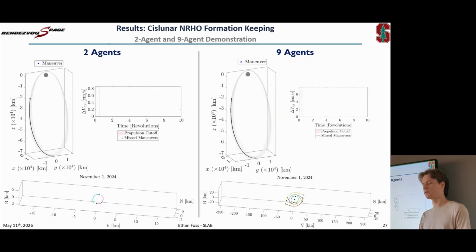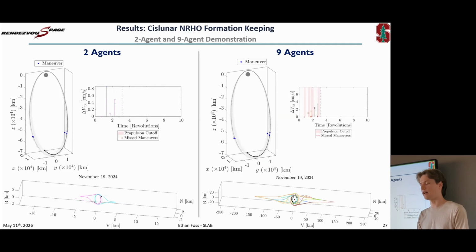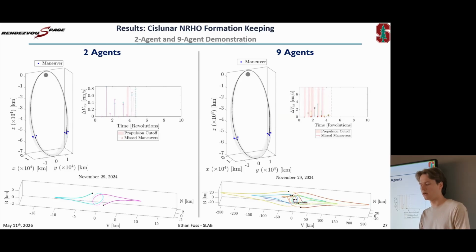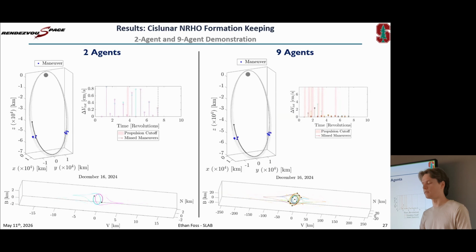To visualize these results, I have these animations that show the absolute motion that the formations undergo and the corresponding relative motions that the spacecraft form with respect to each other. What we'll see is that we maintain bounded absolute motion with respect to the reference trajectory. On the bottom plots we see the relative motion of the spacecraft with respect to each other, or with respect to a virtual chief. And we see these follow pretty well the reference relative motion solutions that we assign to them.